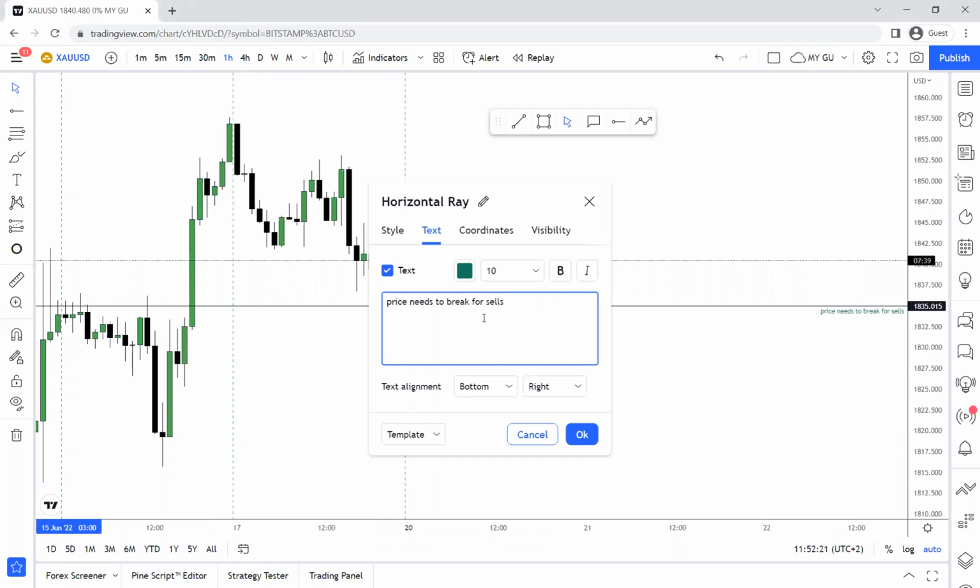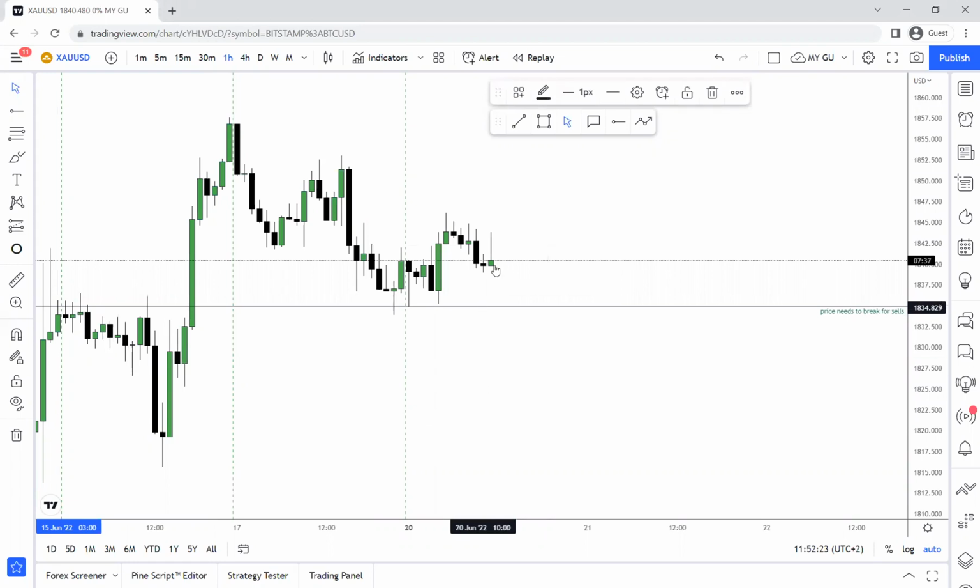All right. So you can watch it break, and then you can enter on retest, because it can actually break and come all the way down here, right? So when it comes for retest, you can then enter for that. But if you don't want to do that, when this candle closes bearish, if it does close bearish, you can sell to your first target right there and your second target right here.